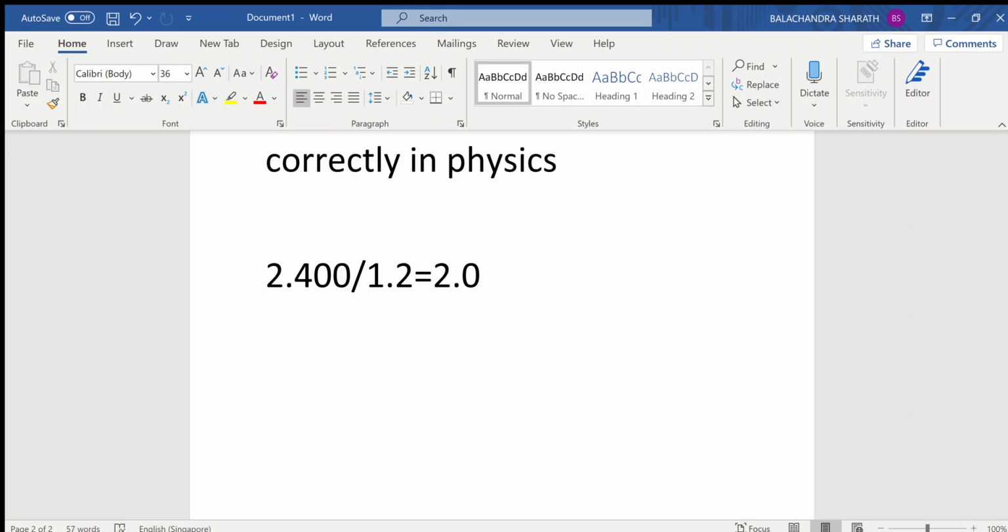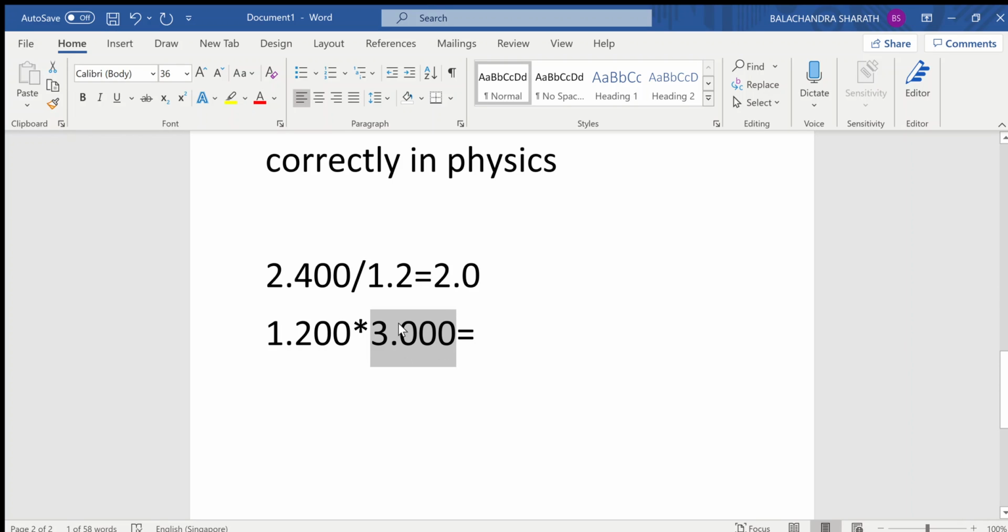Now let's move on to multiplication. So if I have 1.200 multiplied by 3.000, which equals, obviously we all know the answer is 3.6, but we have to know the correct number of significant numbers to express it in. So 1.200 has 4 significant numbers, because the trailing zeros are also significant since they are after the decimal point, and